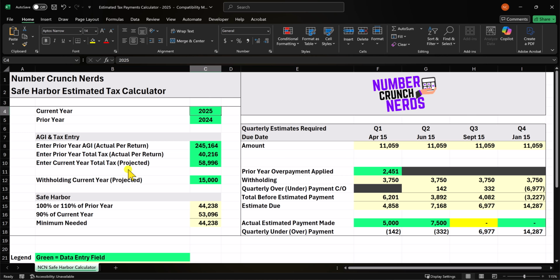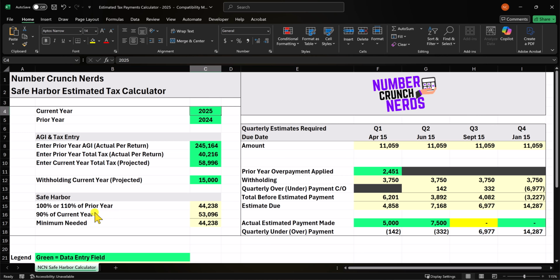So let's just assume that we did that. We used the personal tax planning template, which is what you're going to find in that video series on Roth IRA conversions that I just mentioned. And using the personal tax planning template, we calculated the current year, again, this is 2025 for this example, the current year total tax to be